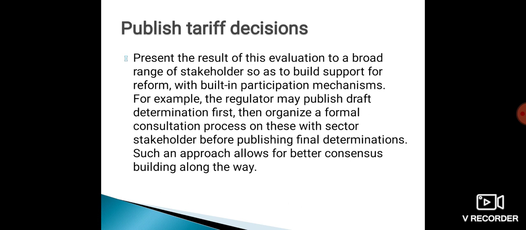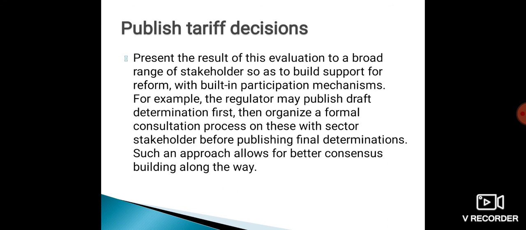Publish the tariff decisions. Present the result of this evaluation to a broad range of stakeholders so as to build support for the reform with a built-in participation mechanism. So the proposed new structure of tariff is presented in front of the stakeholders for the participation mechanism. For example, the regulator may publish the draft determination first, then organize a formal consultation process with the sector stakeholders before publishing the final determination.